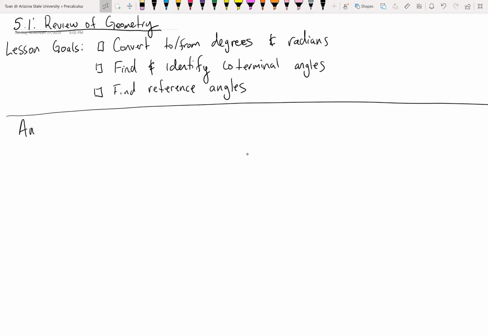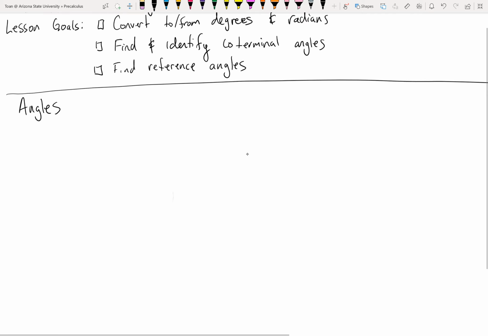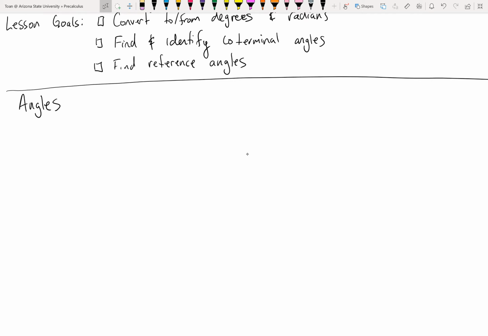Angles. All right. At the heart of trigonometry is the idea of angles. We're going to be studying angles and the relationships of sides to said angles. So let's just start at the very, very beginning. Let's define it. By definition, an angle is a measure